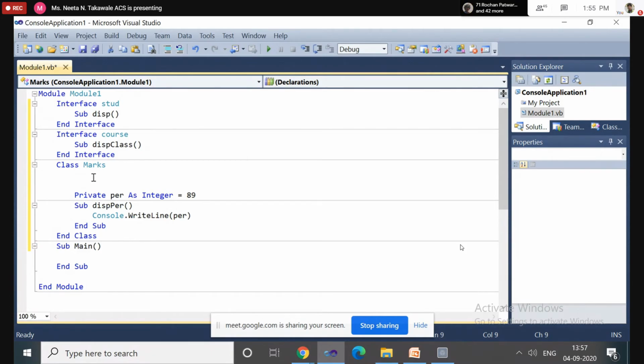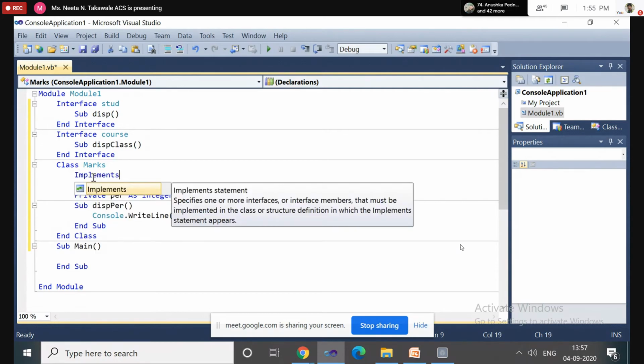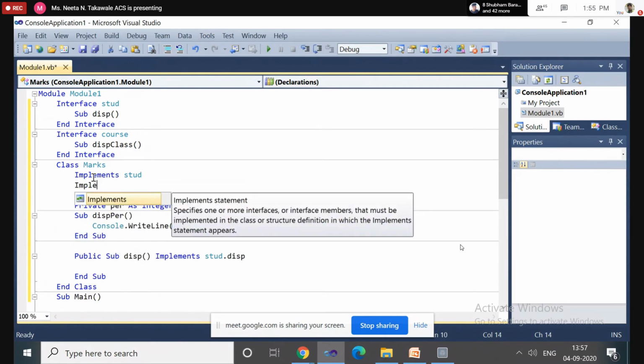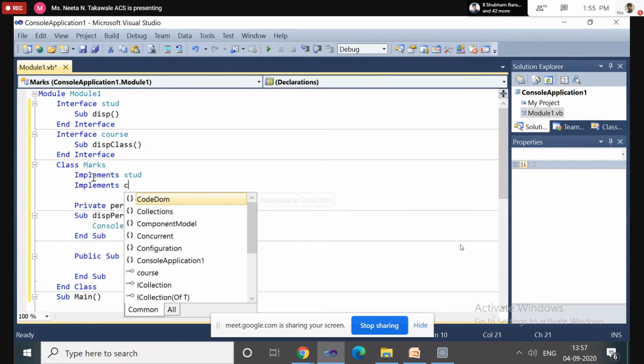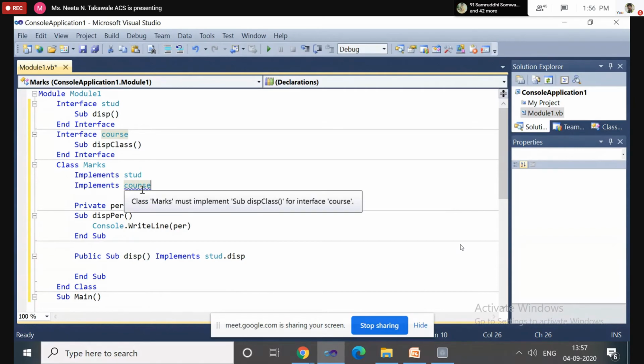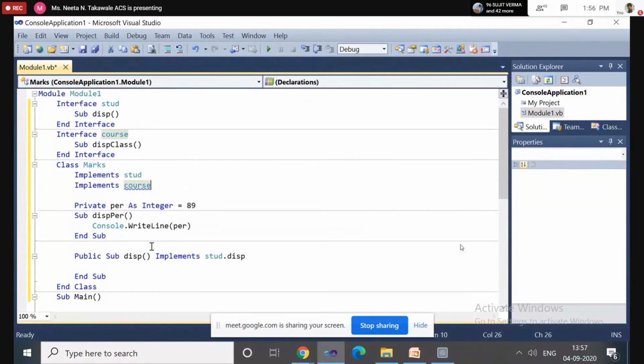So here, Implements Student, Implements Course. Class Marks must implement them. So that is the first thing.